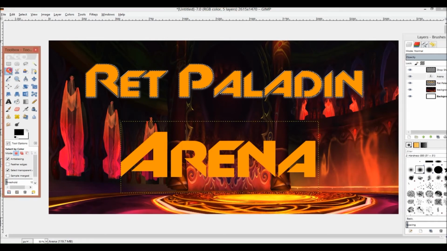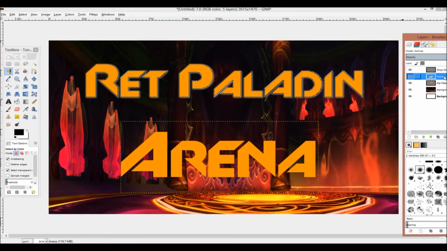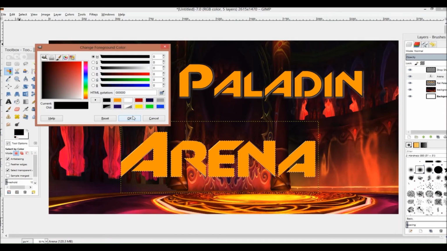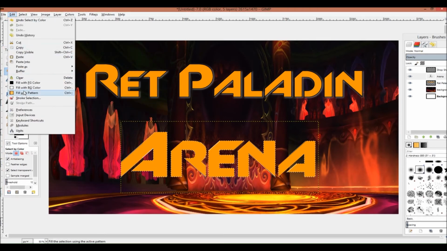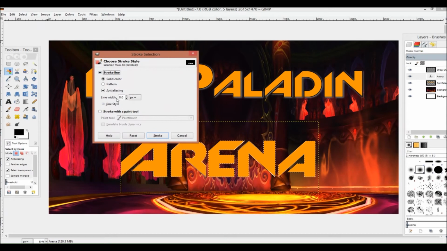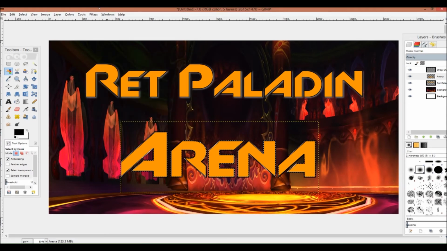So I'm going to do exactly the same on this text below. Select the text layer over here. Then select the select by color tool, Shift O, choose the orange. Then I'm going to make sure I've got black selected in my color, go edit stroke selection, and then I'm going to choose my stroke selection, line width 8, stroke, and it gives me that stroke. And then I'm going to go